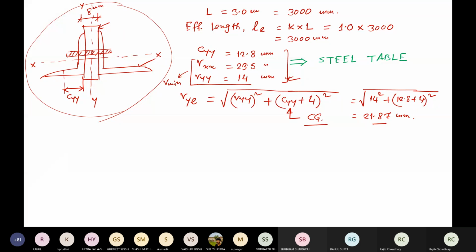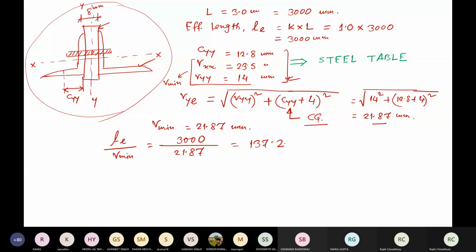So R minimum becomes 21.87 mm. Now the slenderness ratio is L effective divided by R minimum, which is 3000 divided by 21.87,